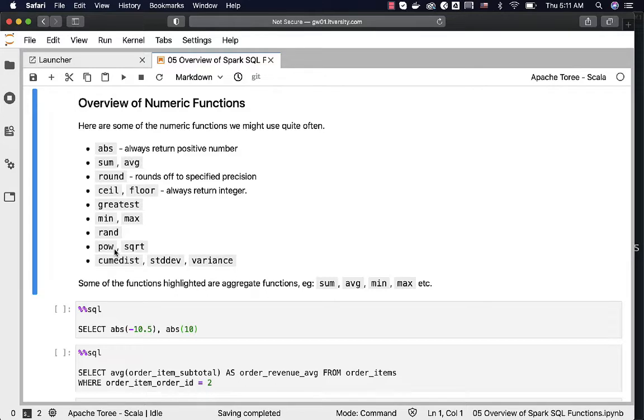Pow stands for power and it will give us the power of one number to the other. Square root gives us the square root of the number. Also there are statistical functions such as cumdist or cumulative distribution, standard deviation, variance. If you want to solve certain statistical types of problems, you can use these functions. I'm not going to cover examples with these, but we will see examples with the rest of the functions